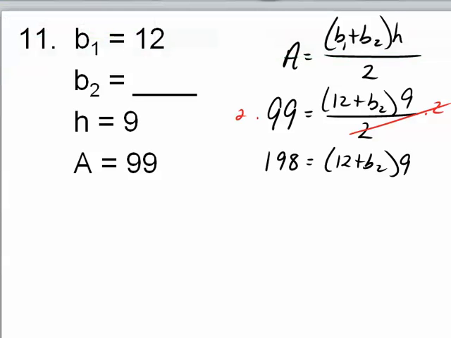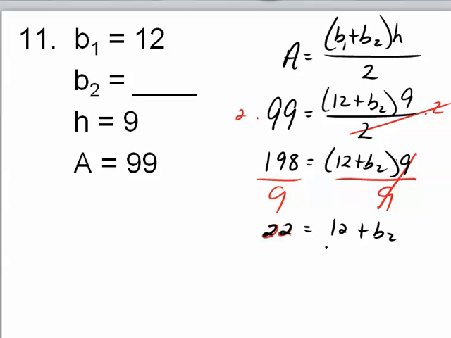Now instead of distributing, since this is multiplied by 9, I could divide by 9, or I could go through and distribute. It's totally up to you. Distributing actually causes you to have one more step, so I'm going to divide by the 9. So 198 divided by 9 is 22. So 22 equals 12 plus base 2. To get base 2 by itself, I'm going to subtract the 12,